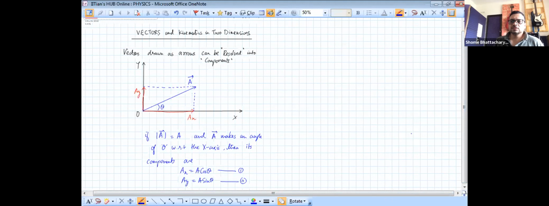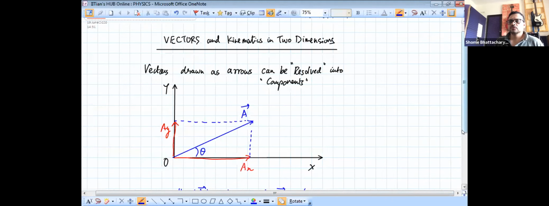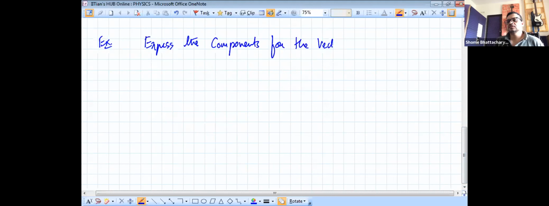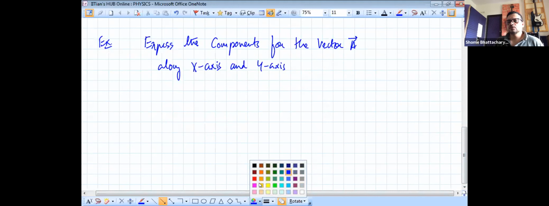Right. So this is the concept that we learned last time. So let's quickly look at a couple of examples of this before we proceed further. So for example, I want to express the components for the vector E along the x-axis and the y-axis. So let's say we have a situation like this given to us,